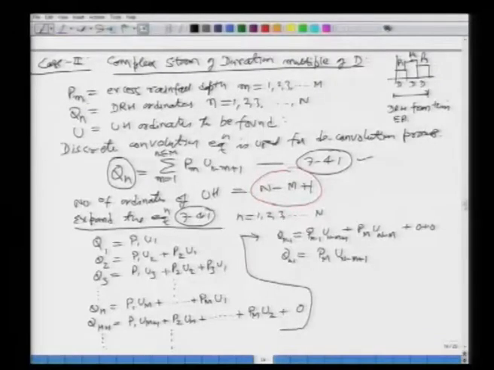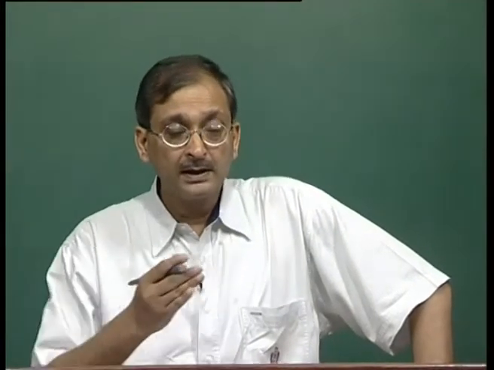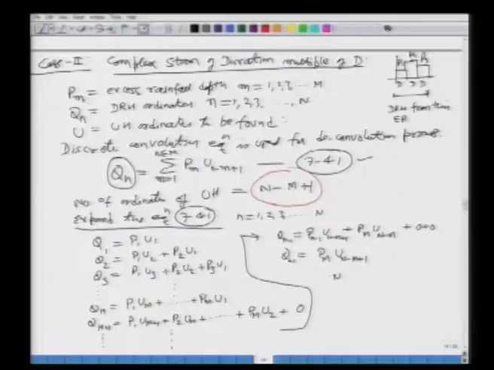So, this way we see that we can expand this discrete convolution equation to get us n different equations. So, you have n equations. What are the unknowns in this equation? The unknowns are the unit hydrograph ordinates. These q's are known to us, that is the direct runoff hydrograph ordinates. We have this data given to us. We also know the effective rainfall data, and our objective right now is to find out the u's through a deconvolution process.